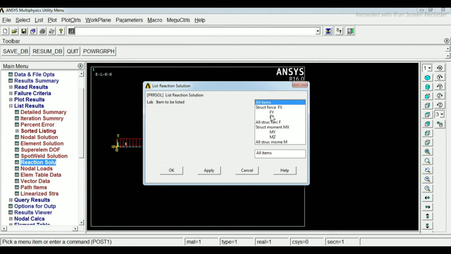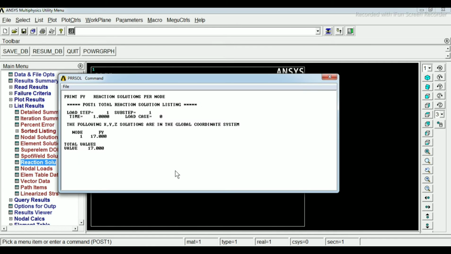Our reaction is in the y direction, click on y and then click OK. At node number 1 there is a reaction and the value is 17 kilonewton meter. Then click on close.